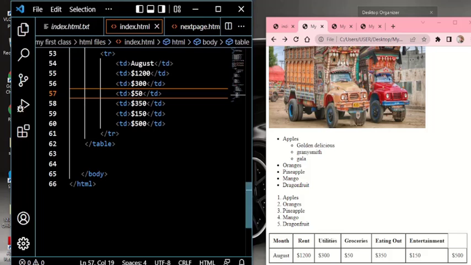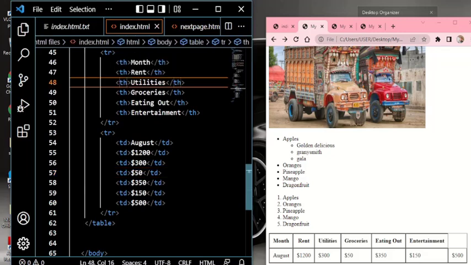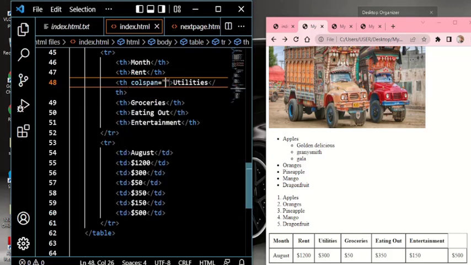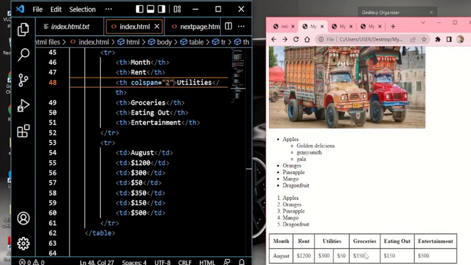So what do we do there? We'll go to the utilities and we'll create an attribute called colspan. Then we give it 2, a dimension of 2. So you save and then we'll reload. Okay, then you see that this $300 and $500, these 2 columns are now under the utilities column right here. So in case you want to put 2 columns under one header, that's how you achieve that using the colspan